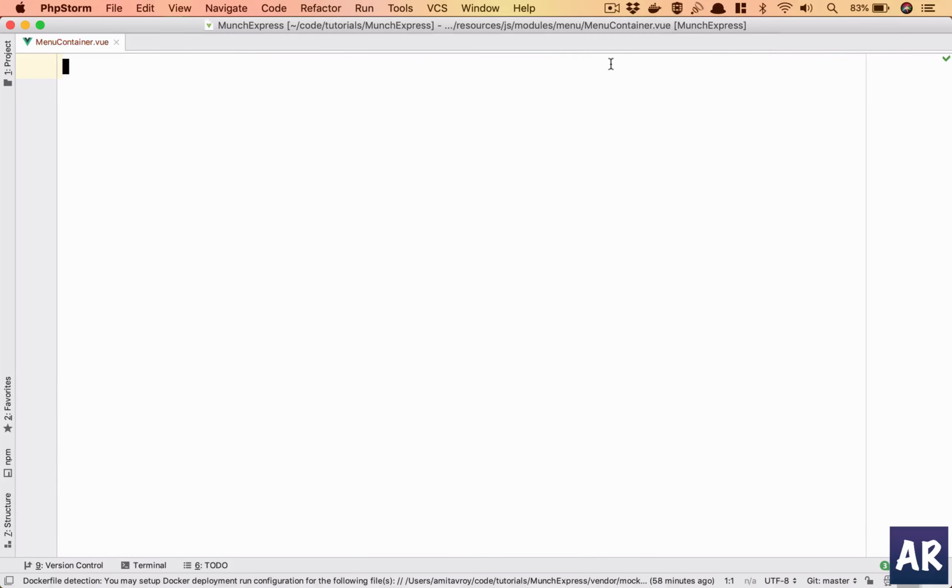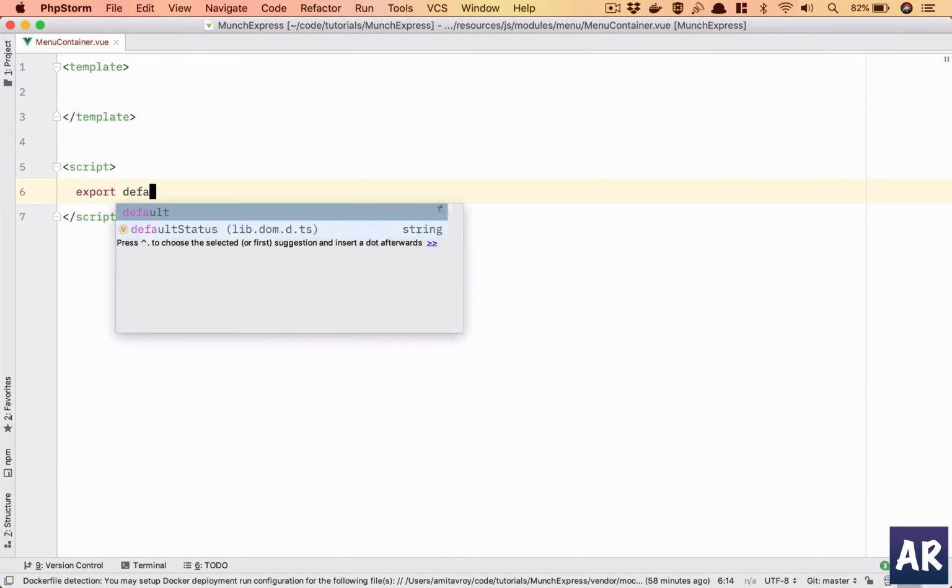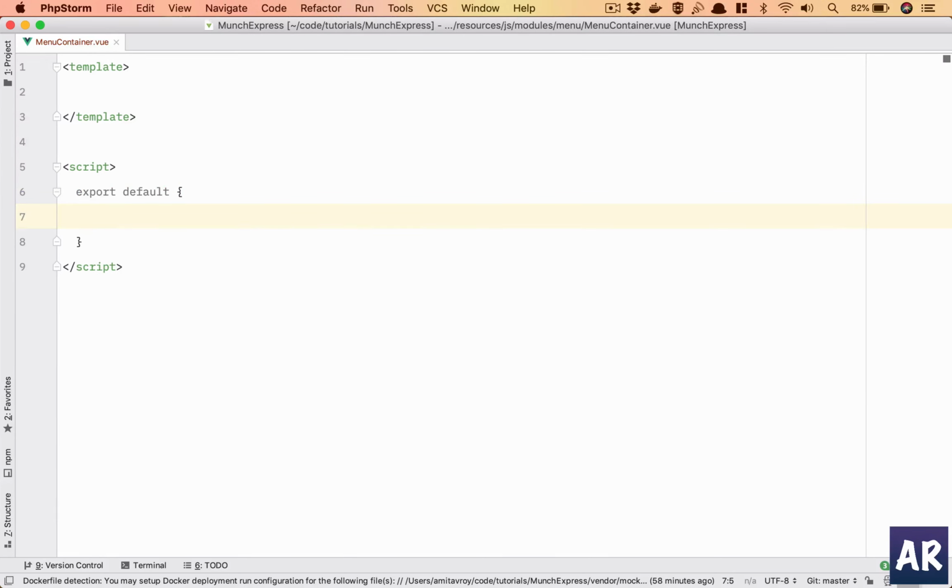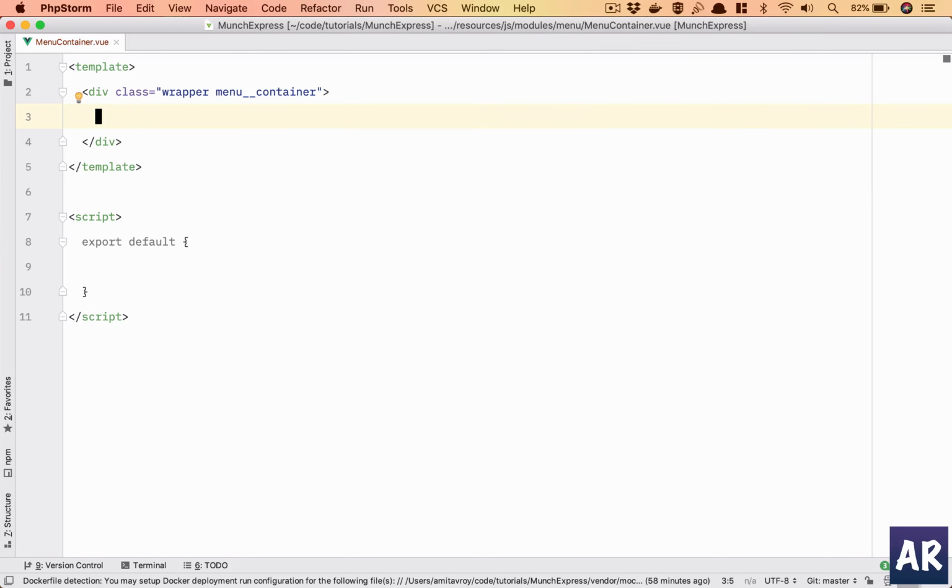So I'll close all other files. I'll have a template, I'll have a script, and if we require style, we will add that. Export default this. Okay, have a div with a wrapper class and menu container. Okay,